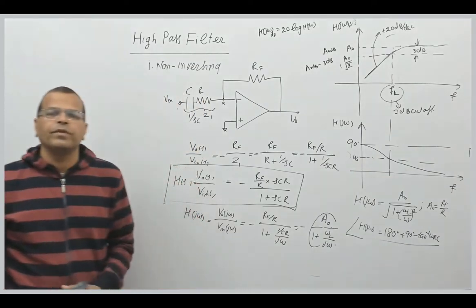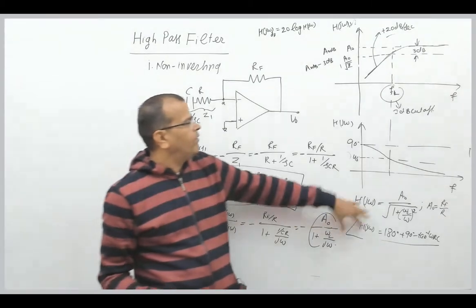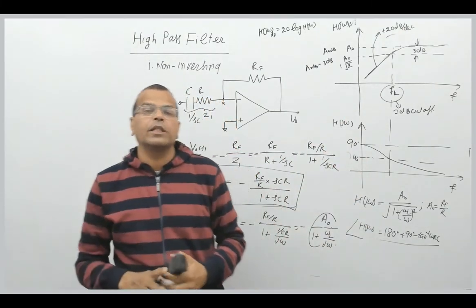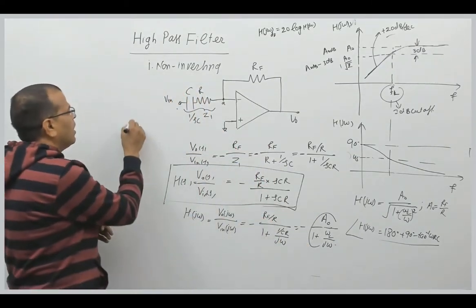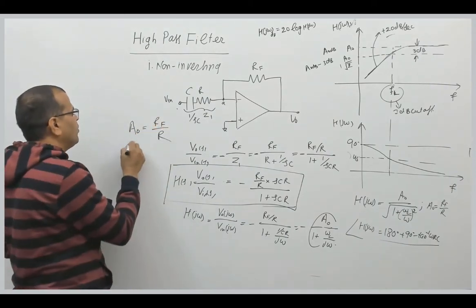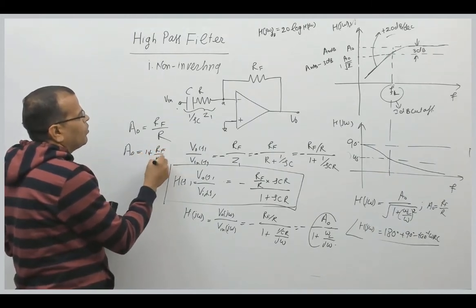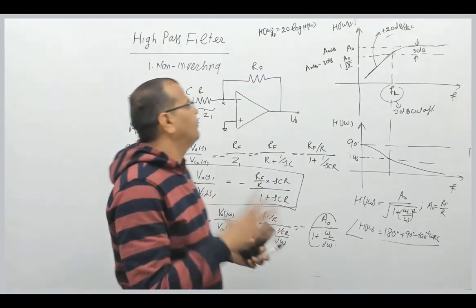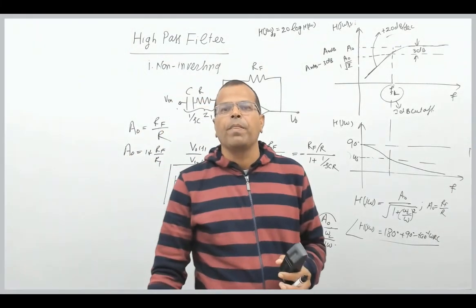That's it. Fine. So that is how I can solve it, or I can draw the variations with respect to frequency, but that is the expression for the inverting mode. So for inverting mode, gain at high frequency is what? RF by R. But for non-inverting mode, it is what? 1 plus RF by R1 or whatever, right? That is your expression for inverting mode of the first order high pass filter.